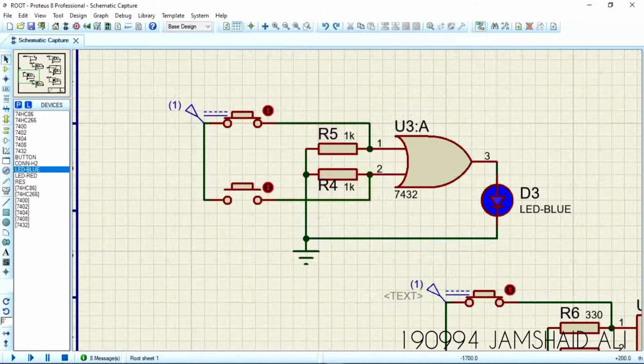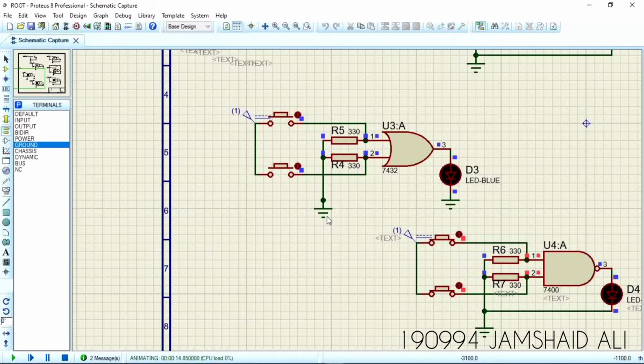Now I am going to discuss the OR gate. In this gate, we can see if any of its inputs is 1, then the output is 1. If both inputs are 0, then the output is 0. It is the simplest case. In this circuit, if both inputs are 0, the output is 0. If I apply 1 on this input, the output is 1. If I apply 1 on the other input, the output is also 1. Only if both inputs are 0, the output is 0.